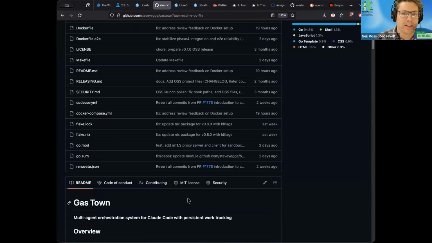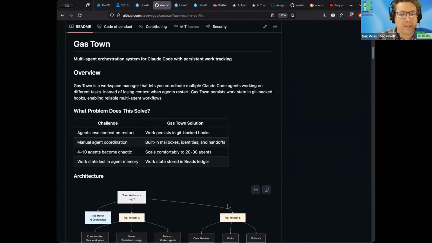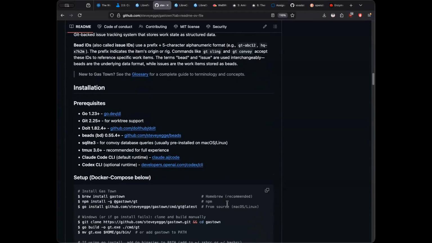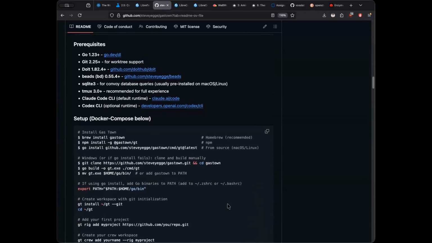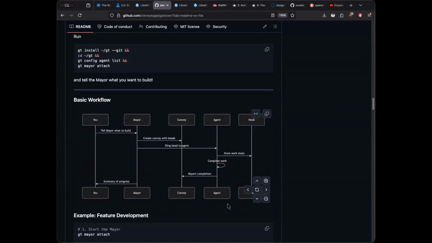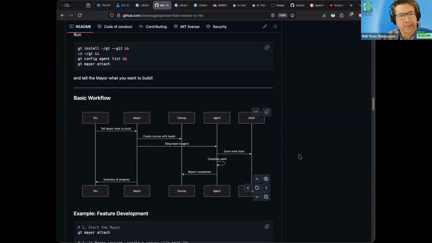I don't know, this guy is a little on the crazy side, but it's a wild idea. I see a lot of potential there, especially for what we want to do. So you tell the mayor what to build. The mayor creates a convoy with beads. The convoy sends things to the coders. So anyway,